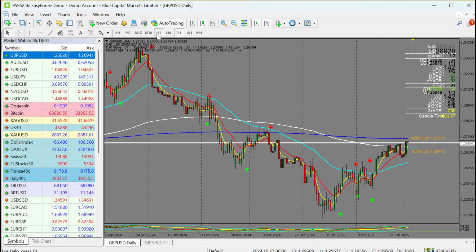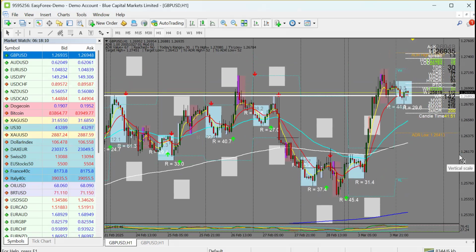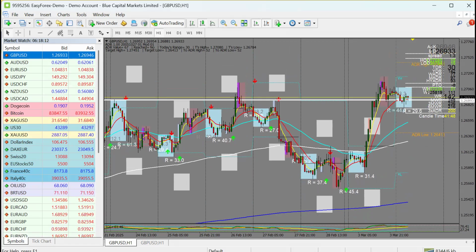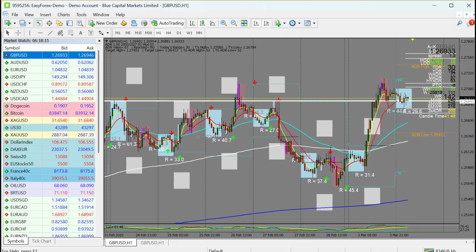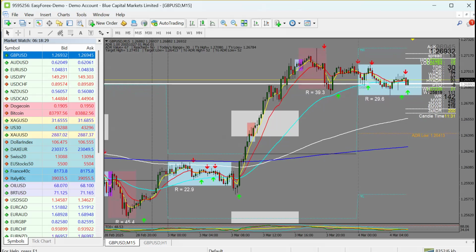Coming to look at the lower time frame, yesterday we had that big run, and we have seen the market has approached the previous highs on the H1 time frame. Looking at this market at the moment, we can see the market is not giving us any patterns as of now. So what we are expecting is to see some sort of patterns out of the Asian range. Out of the Asian range, we'll be interested in checking for possible patterns on